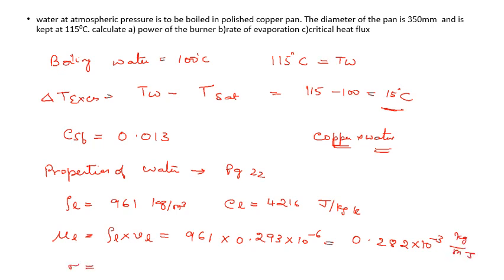Surface tension, if I have to see, that is equal to 0.0589 Newton per meter, and Prandtl number will be 1.740, and of course n value is equal to 1, and HFG is the same value as the earlier one, that is equal to 2256 kilojoule, and we want in joule, so we have to multiply that by 10 to the power 3.